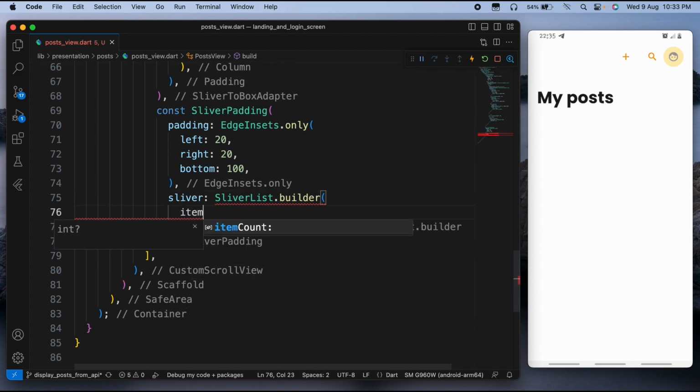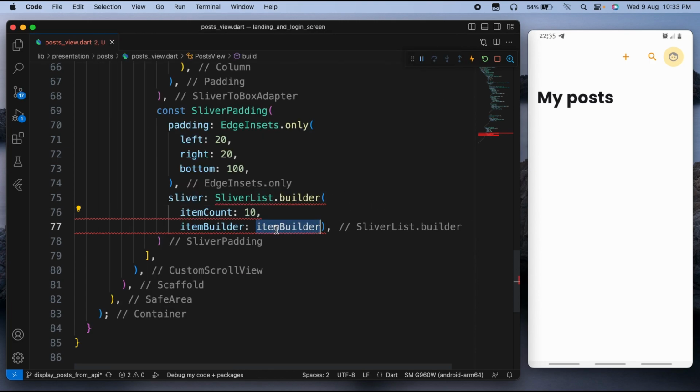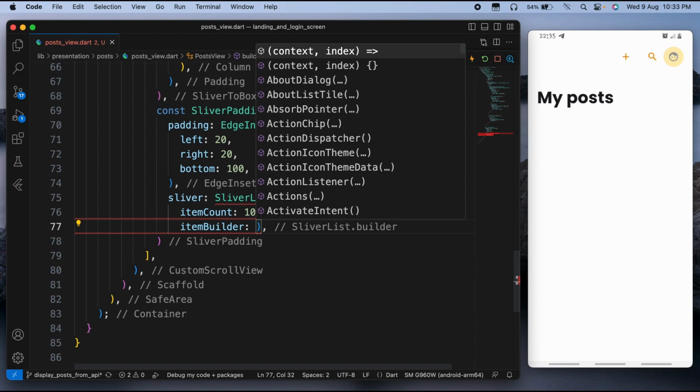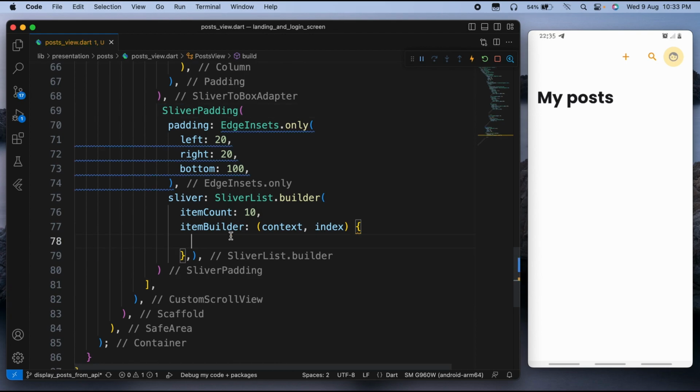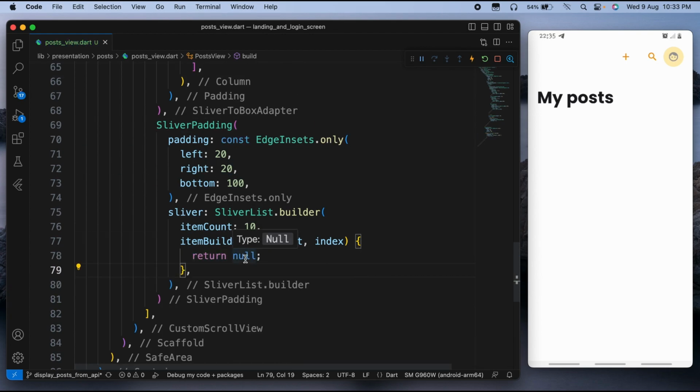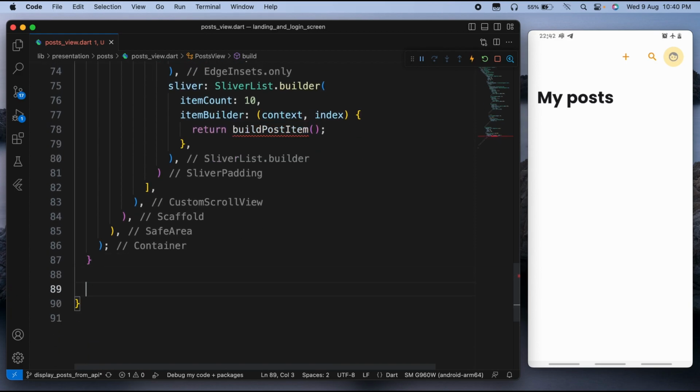Here we're gonna need some item counts. Let's say 10. And here our item builder. Let's remove these counts. Okay. And here we're gonna create it. It's gonna return